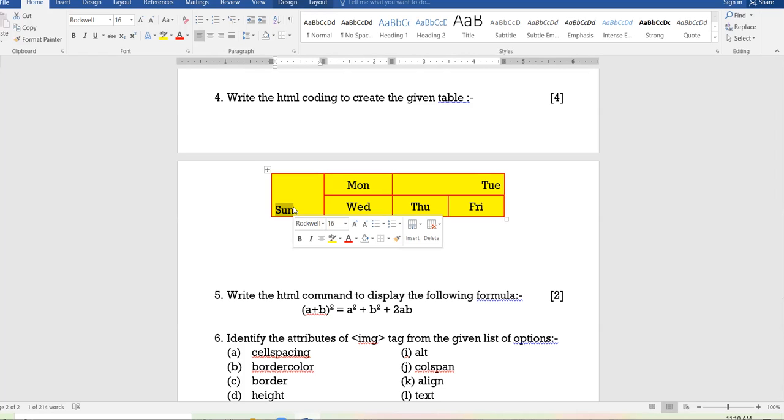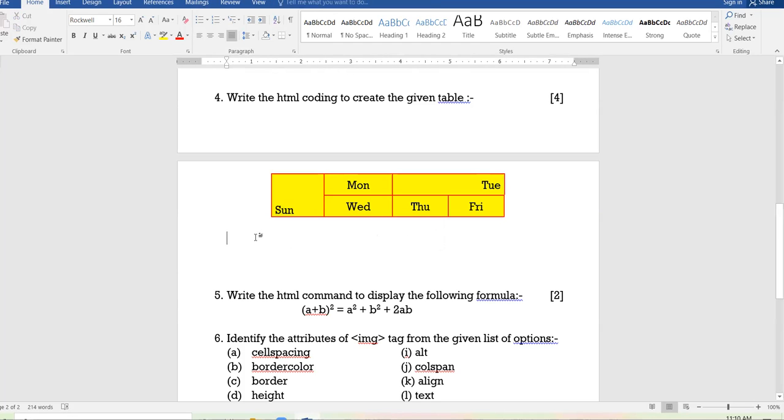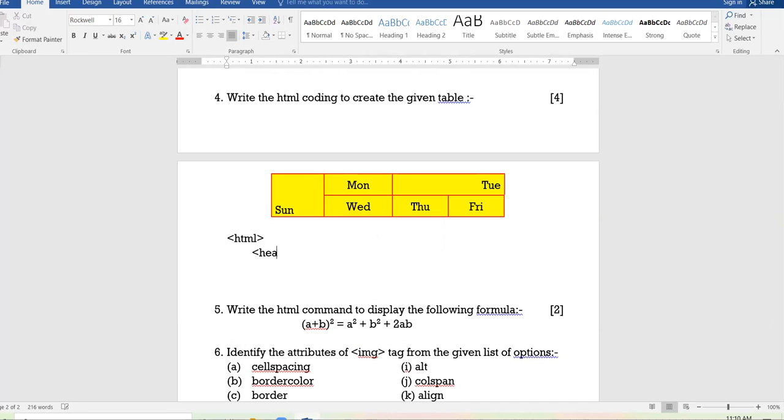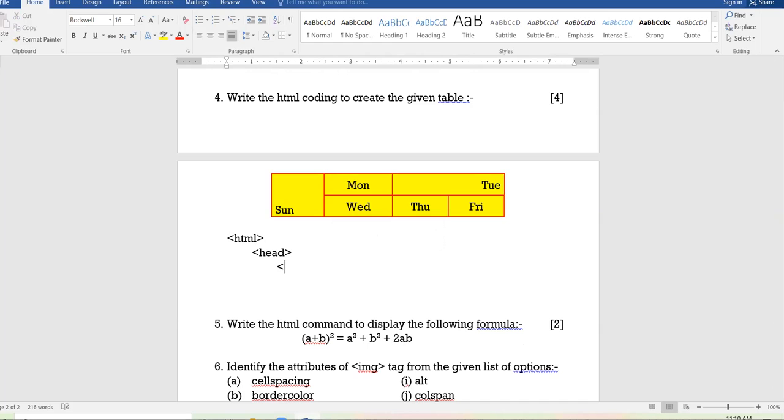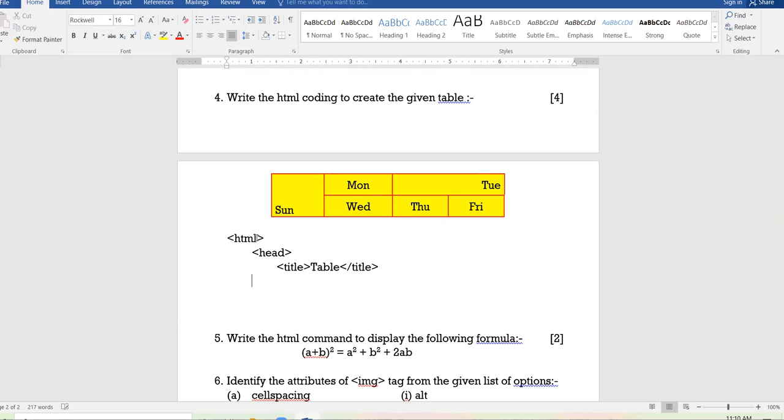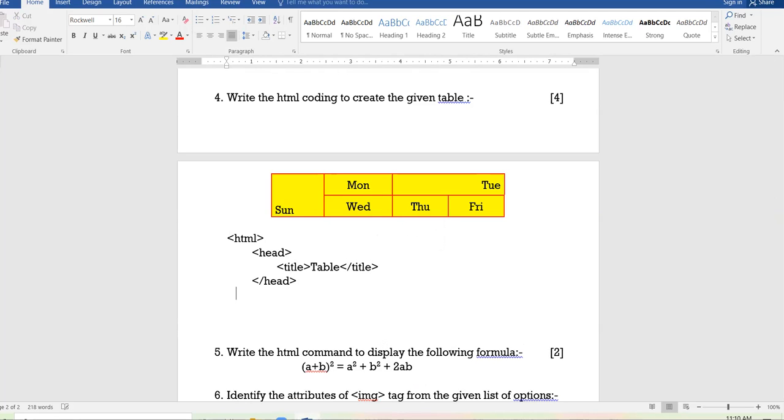Sun is at the bottom side, so you were supposed to use the valign attribute over here, but nobody used that. So proper coding of it: html tag, head tag, followed by title tag. Title I'm giving table, right? Close the head tag.